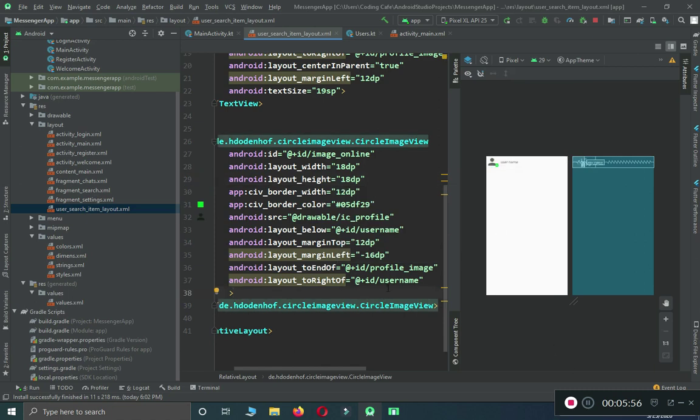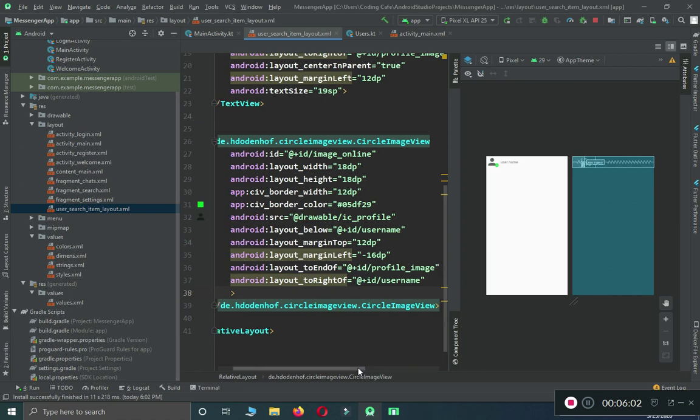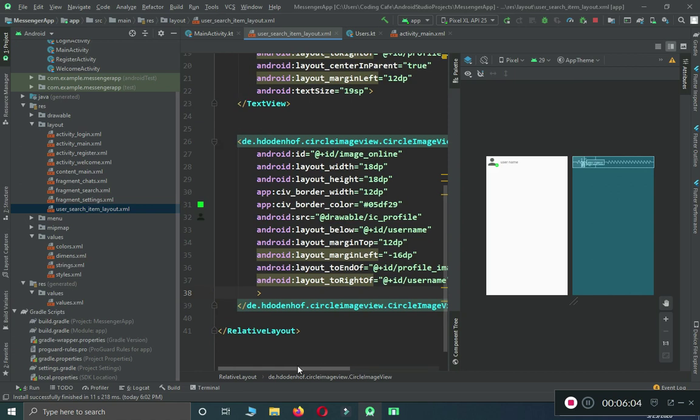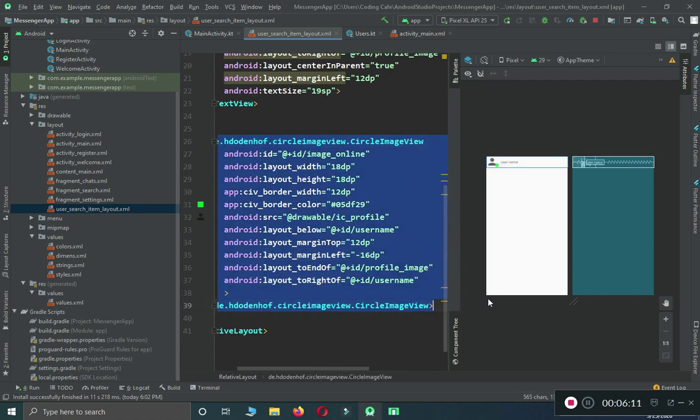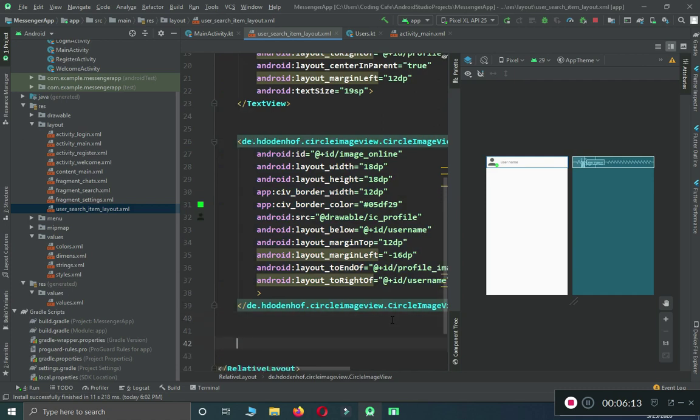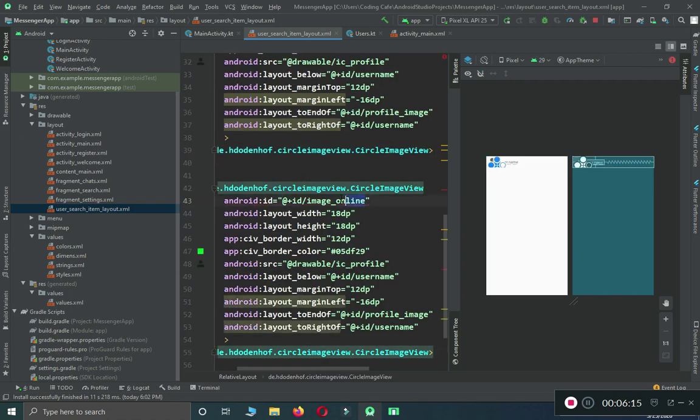So when it is of this green color, then it represents the online status. Okay, that's why we give it ID image online, and the next one is basically the offline, so we will display gray color in that case. So let's just copy paste this circle image view, and down below after this circle image view you can just paste it and make sure to change the ID to image offline,